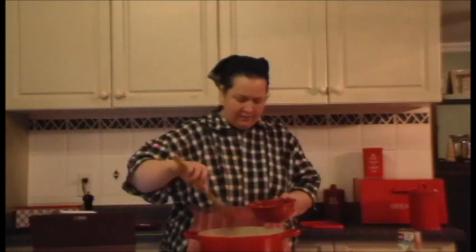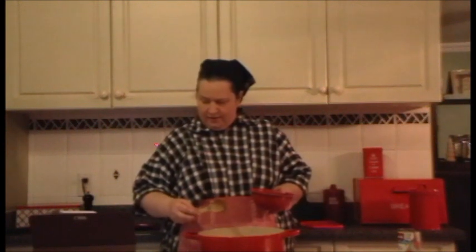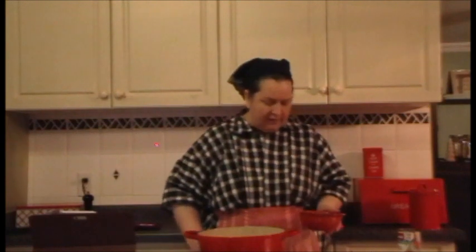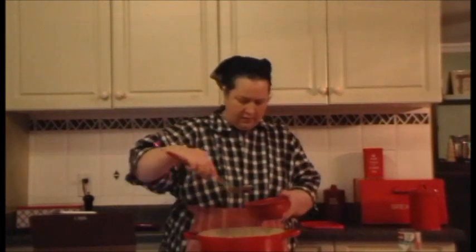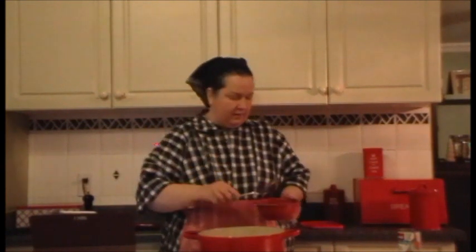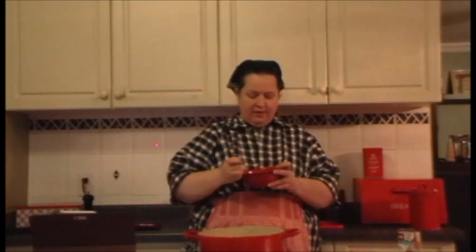Oh, it's a lot soupier. It's more of a soup than a casserole. I'm going to get a ladle here. Okay. See how this tastes. Maybe I should let it cool down a second, but